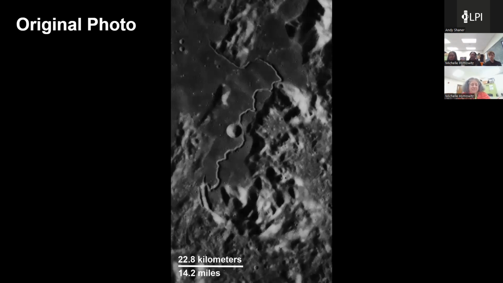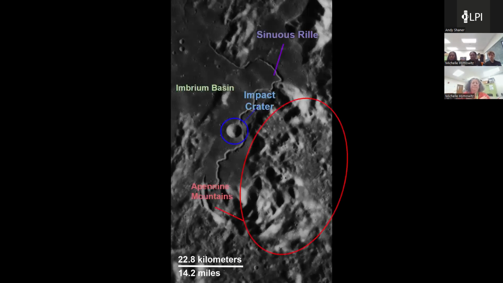Okay, so this one is my image. It's a little bit different because the scale is a lot larger. If you look in the reference on the bottom left, it's actually 22.8 kilometers long. And in the image, if you go to the next slide,